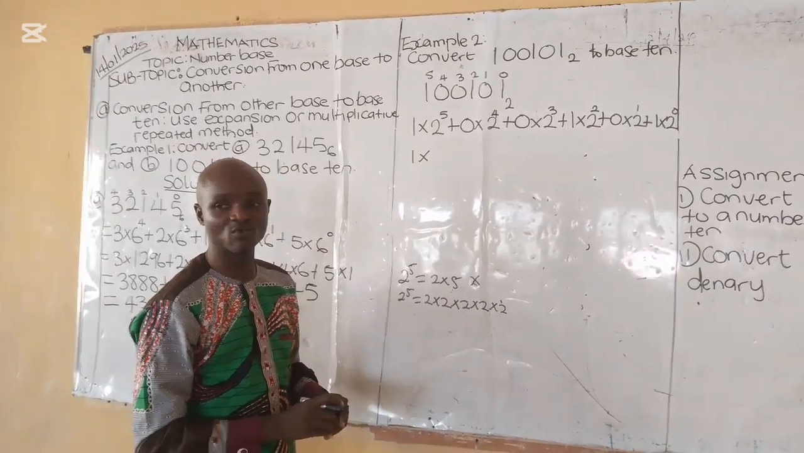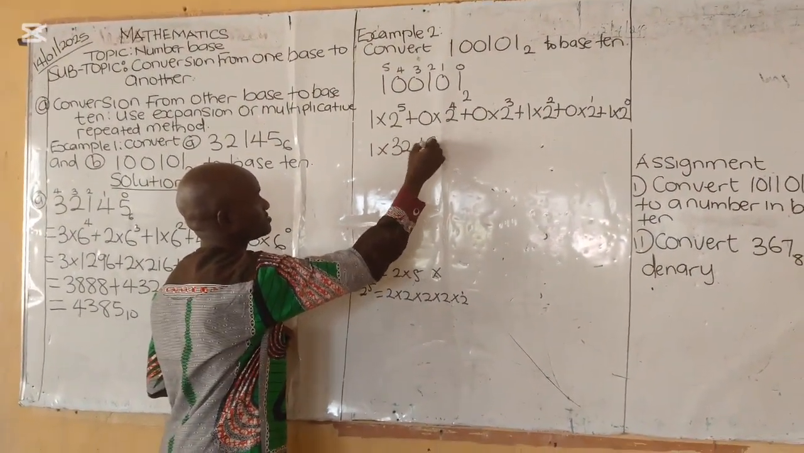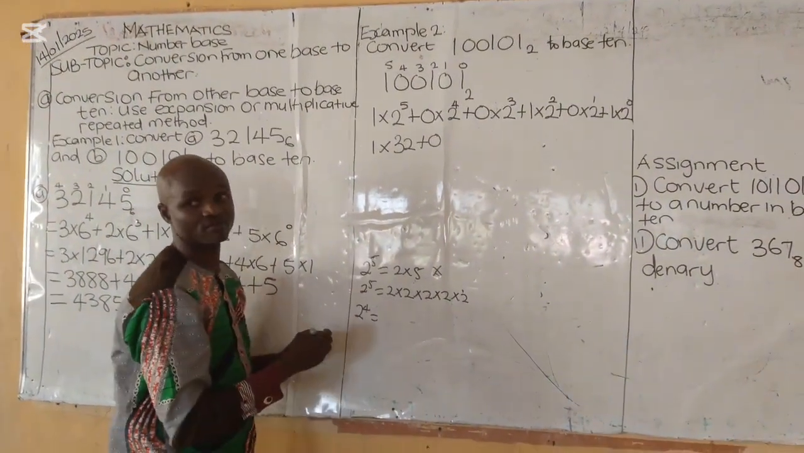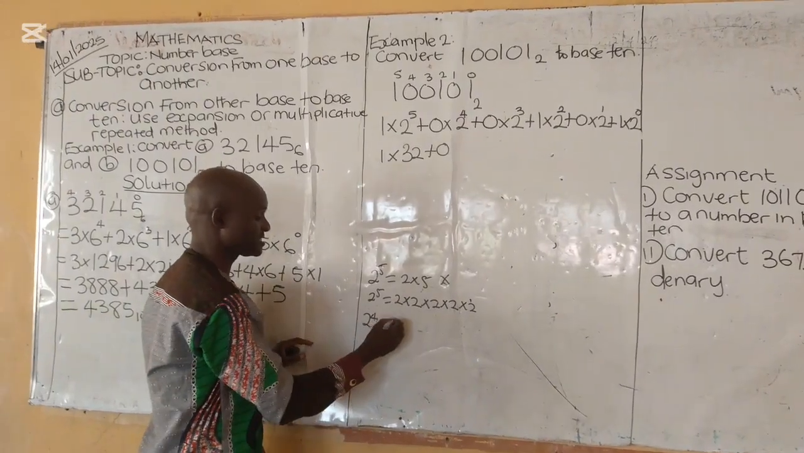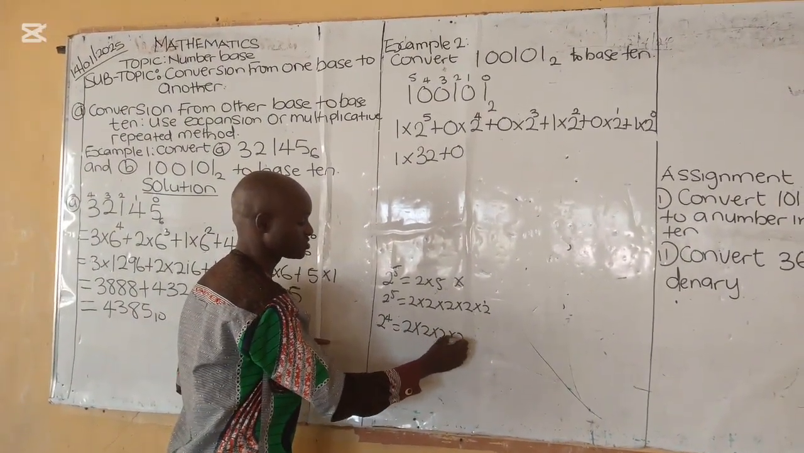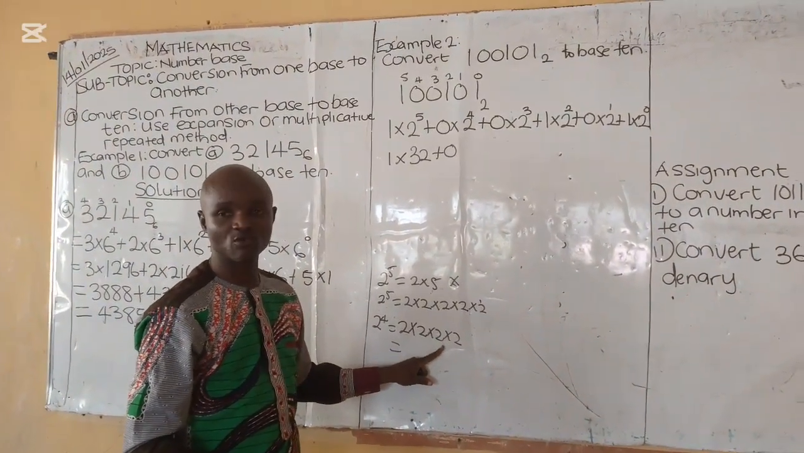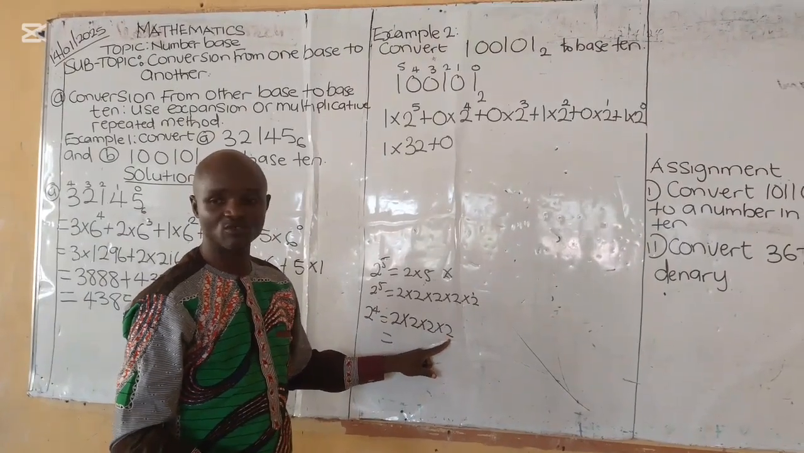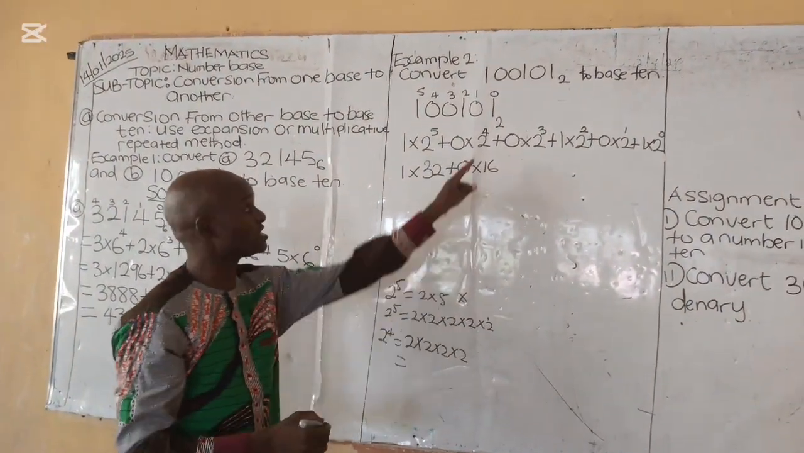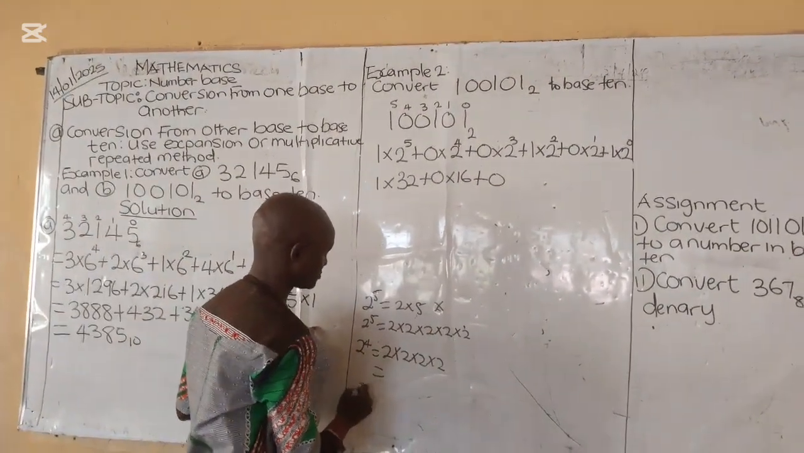And 16 times 2 will give you 32. Here we have 32 plus 0. 2 raised to the power 4 for the next one is still the same format: 2 times 2 times 2 times 2. 2 times 2 will give you 4. 4 times 2 will give you 8. 8 times 2 will give you 16. Therefore, we have 16 for 2 raised to the power 4 plus 0, which is 2 raised to the power